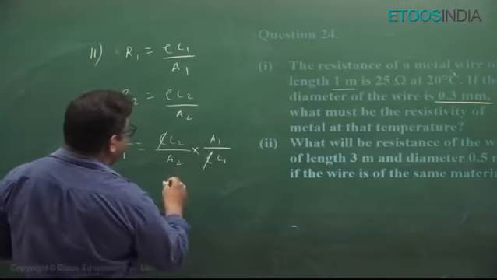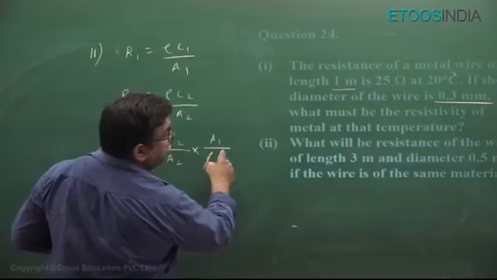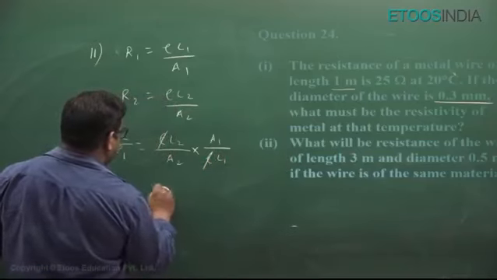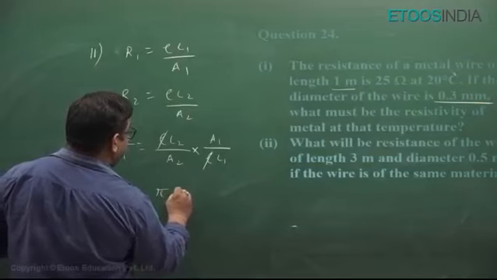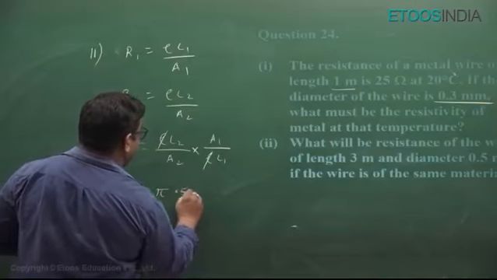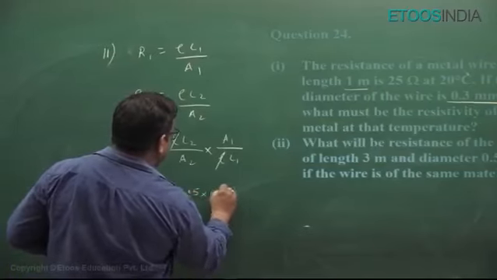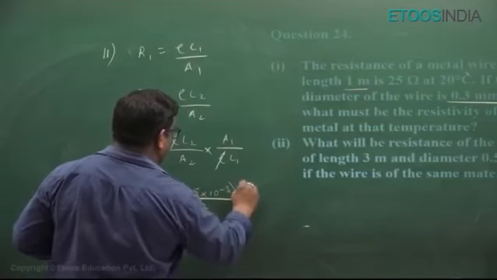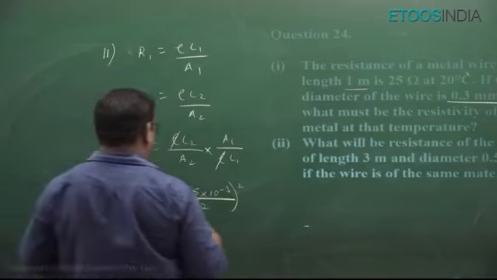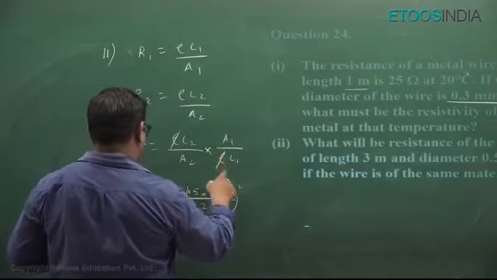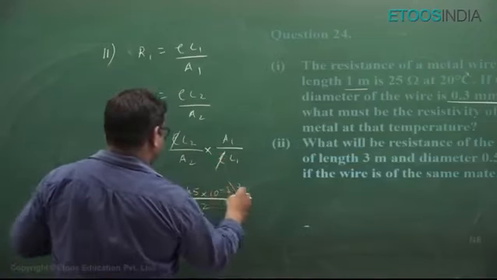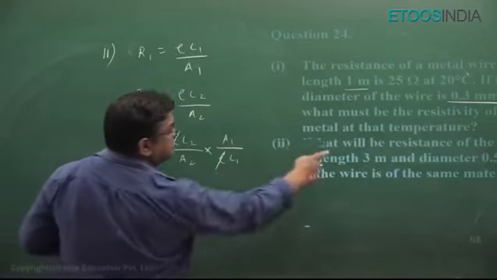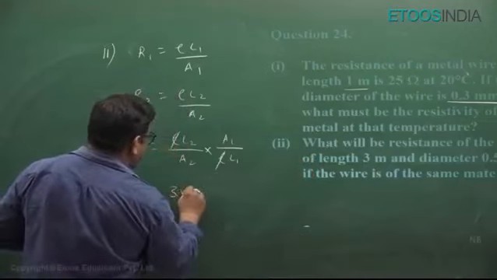What is A1 here? It is in millimeters, of course. So I'll just write pi times (0.5 × 10^-3 / 2) whole square. Got it? And the length will be equal to 3 meters,